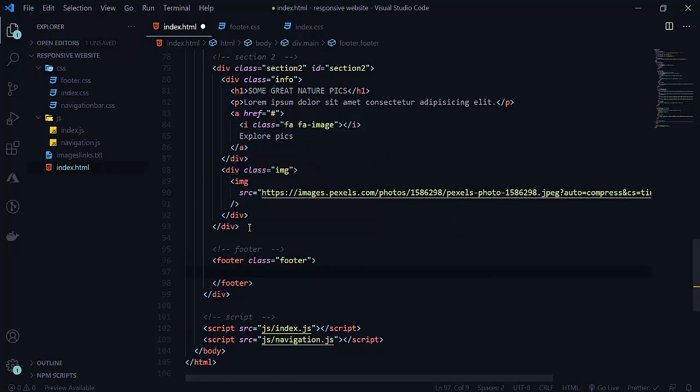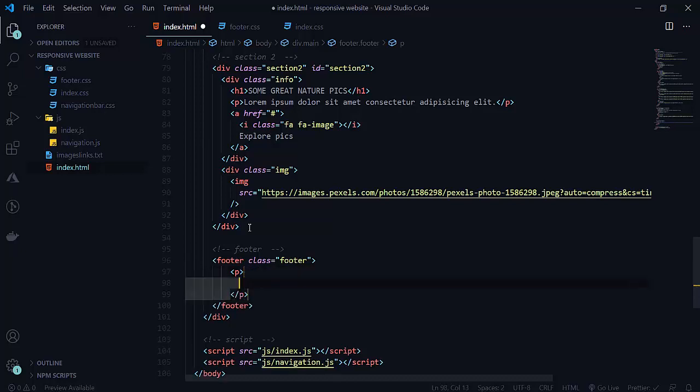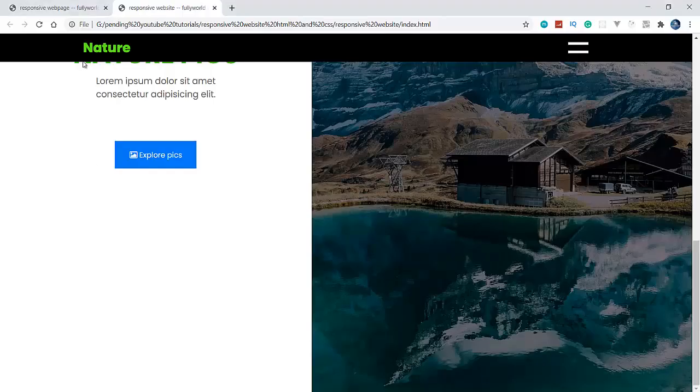Now what we have to do is add just one paragraph tag here. So here will be our paragraph tag, and now we want our copyright symbol here. Simply we will write &copy; here. This is its ASCII code, Unicode here. So with &copy; it will give us the copyright symbol. Here we want the copyright symbol.